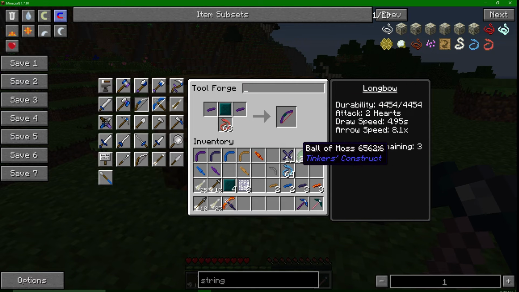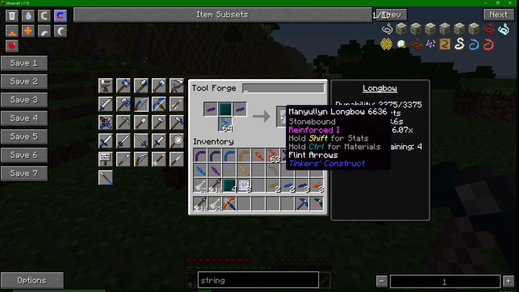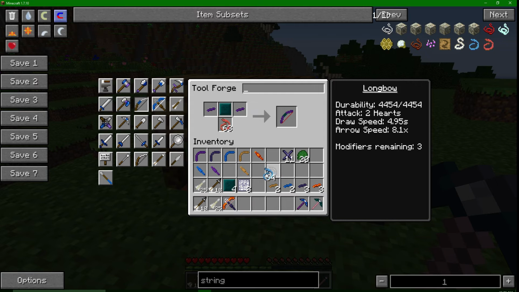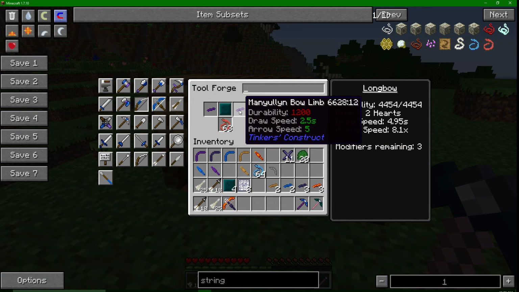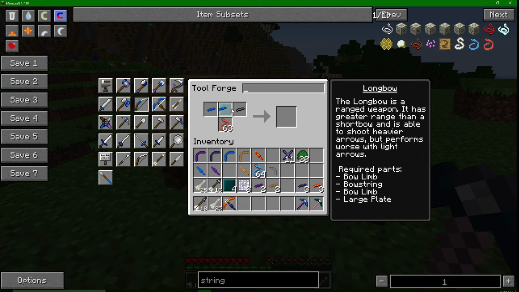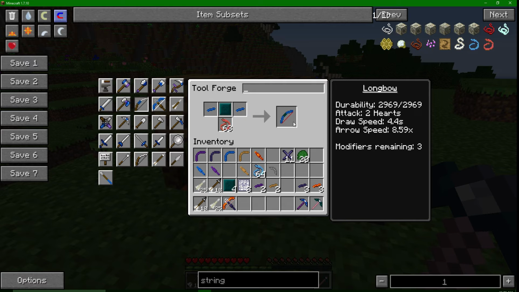All right. Now you can switch this out here, as I showed you before, and as you can see, it does modify it. Alright, the draw speed does go up on this. Okay, it does a dramatic amount, which is bad, but that is the Manyullyn one. This is one of the faster metals, as you can see, and you can switch these out. See, I can put one of each on here, and it'll modify it accordingly. So that's that one,